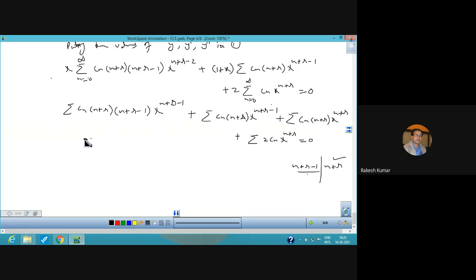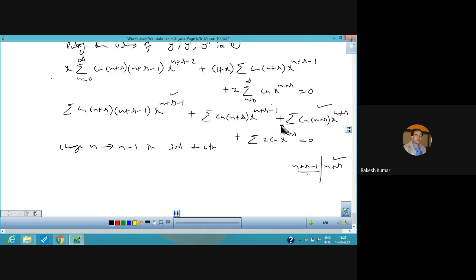So we have to adjust the terms, rearrange the terms so that all should contain least power of x. इसका मतलब ये हुआ कि यहाँ पर भी हमें पावर जो है n प्लस आर माइनस 1 चाहिए और यहाँ पर भी n प्लस आर माइनस 1 चाहिए. So for this, what you have to do, changing n to n minus 1 in third and fourth term.